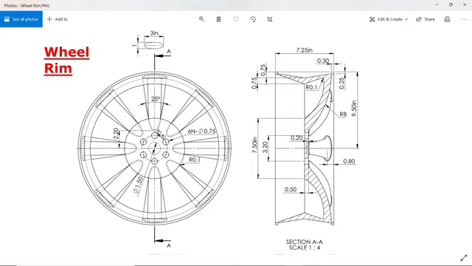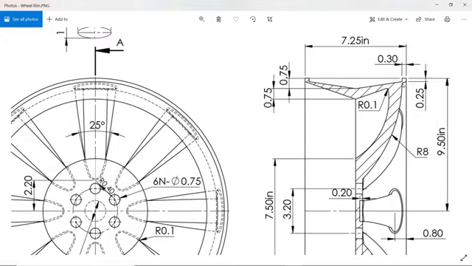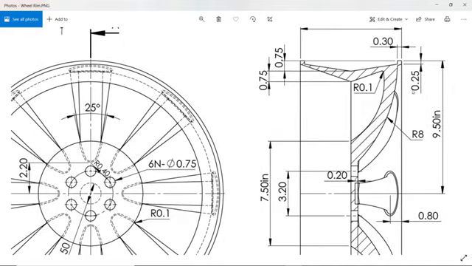So this is the section view. You will see the top view, the upper part. This is our main frame. So here you see 0.3 inch, 0.5 inch is the vertical length, and the overall length is 7.25. Then the center distance from the outer ring, or you can say radius, is 9.5 inch. Then this center gap is 0.75 and the distance from the upper to this edge is 0.75. So this one we will revolve.